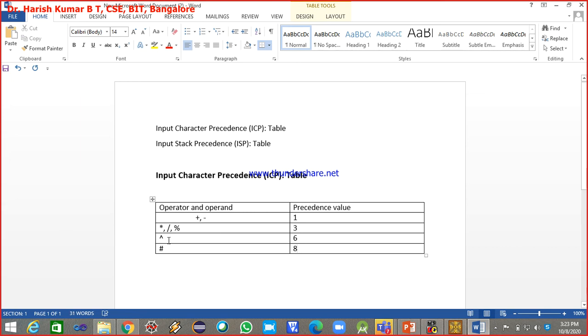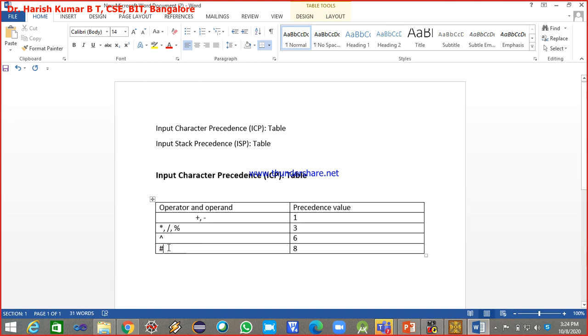Now what does the hash represent? What is this special symbol which you are writing here? I am using this hash symbol to represent the operands. The operand may be a numeric operand or a character operand. If it is a numeric operand or a character operand, then I represent it as hash. Hash means here either a numeric operand or a character operand. Have you understood?